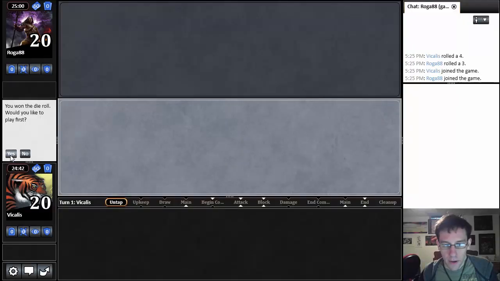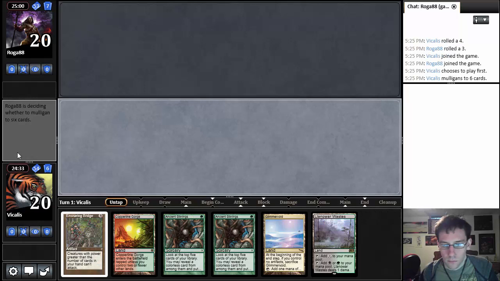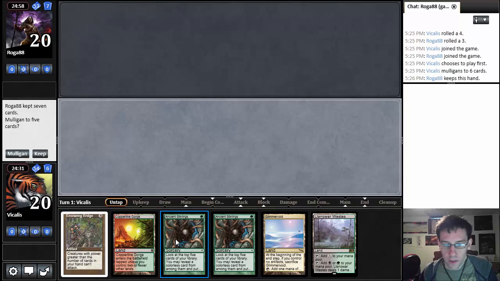Hey, this is Sam Black with my second match with Lantern of Insight Mill in Modern. I have a hand that doesn't really do anything and has way too many lands, so I'm going to mulligan. And this hand is a lot better. I can find stuff and I have Ensnaring Bridge, which is definitely one of the most important cards in the deck. So I'll keep,